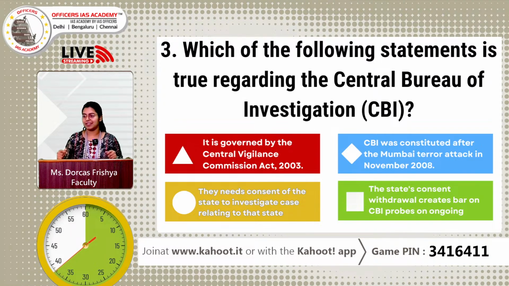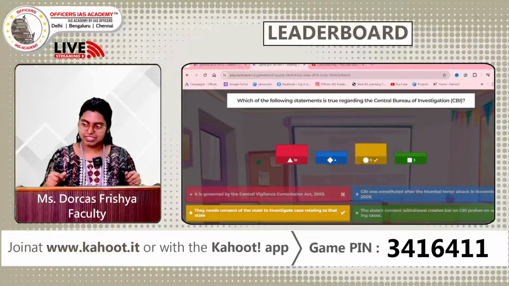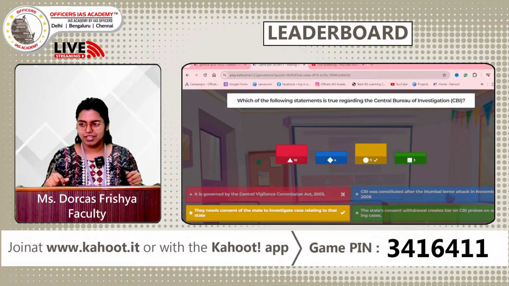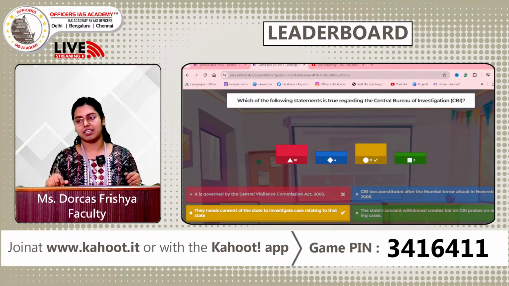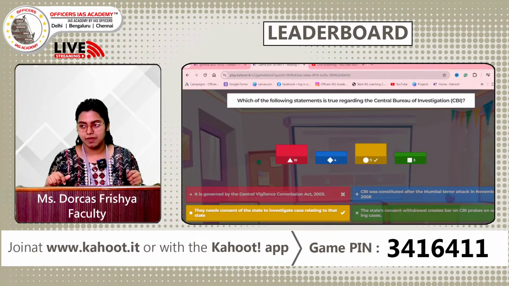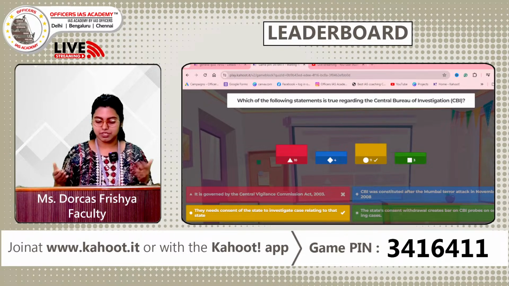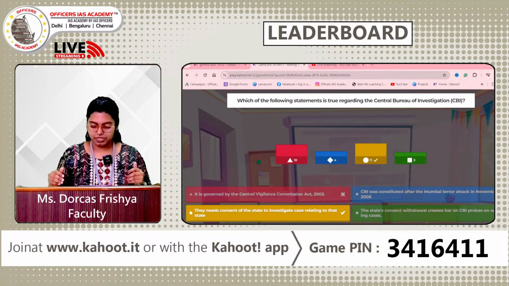Okay, great. Alright, so let's look at the correct answer now. And there goes your correct answer. Yes, option number C, that is color code yellow, is your correct answer. I think some of them have marked A as their answer. No, it is not Central Vigilance Commission, that is different. Here, what plays an important role is with respect to CBI. What is the work that CBI does? What is the true statement regarding CBI?